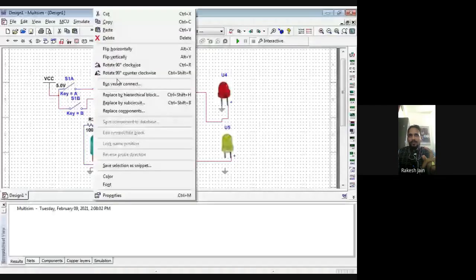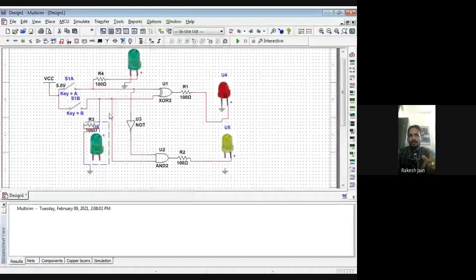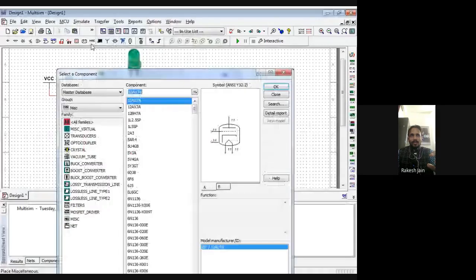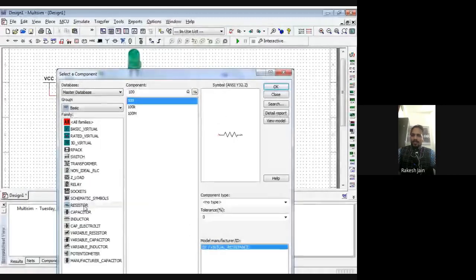To show you clearly, I just remove this. You can also flip the diagram so that if you are confused, you will understand clearly. Otherwise, use the same. Now see this. All the LEDs are connected. Now for the current limiting resistor, we should also connect 1 kilo ohm.